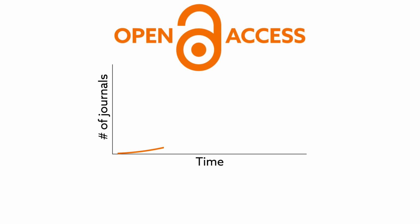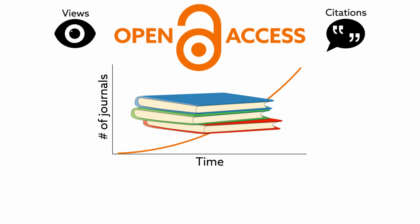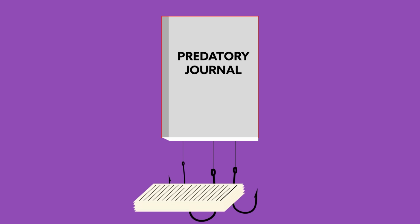Open access journals provide many benefits for both authors and readers. However, some of these journals are questionable, operating only to make money without any scholarship. Predatory journals without a rigorous peer review process can take control of authors' work, misinform readers, and undermine public trust